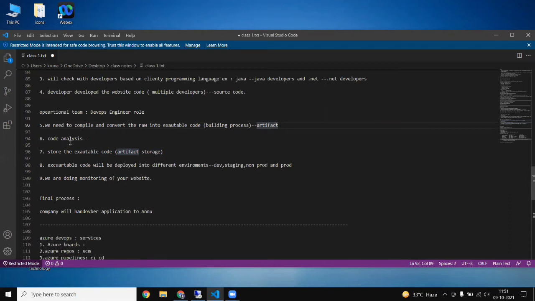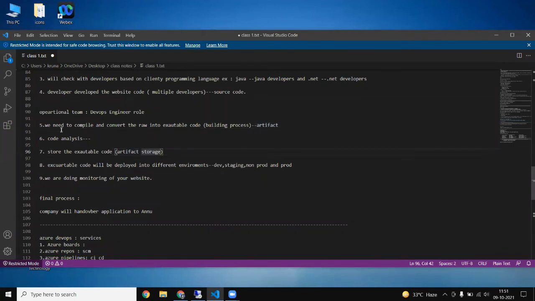Our fifth stage is this building. Our sixth stage is testing. The fifth and sixth are building and testing, and the seventh one is that we store the executable code in artifact storage. These are very simple.